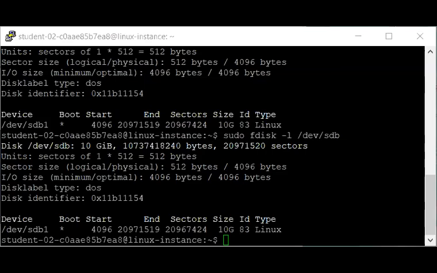We'll partition /dev/hda today. So we'll go for sudo fdisk /dev/hda. Enter.